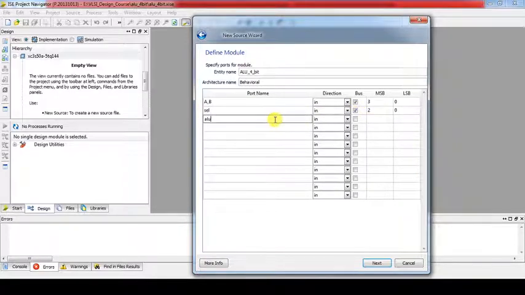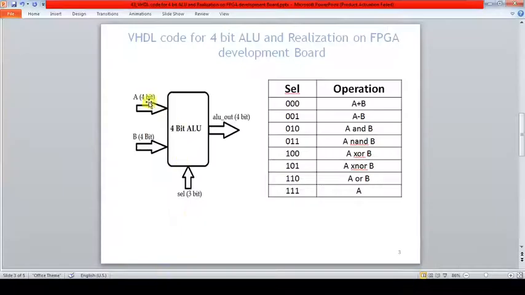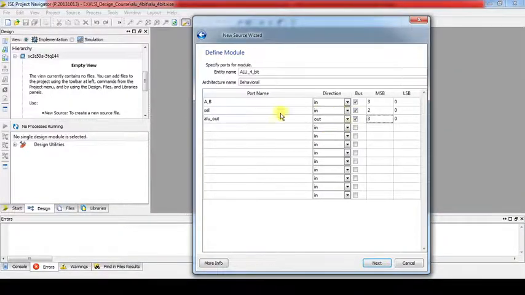And we have output ALU underscore out. This is the output, and the bus width is 3 down to 0, so that is 4-bit. Okay, so this much declaration we have to do. Let's reconfirm: A 4-bit, B 4-bit, select line 3-bit, ALU out 4-bit.